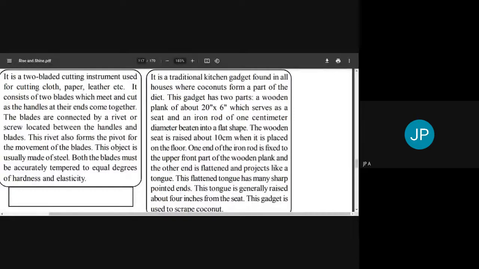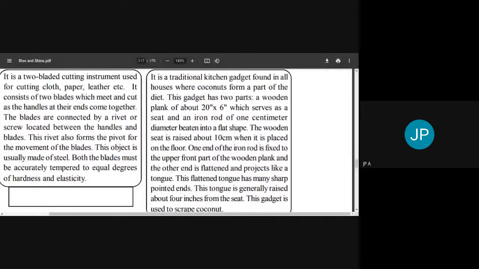Very good. There are a lot of responses. That's right. What you have said is correct. It is called a